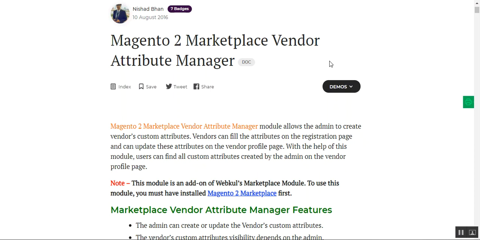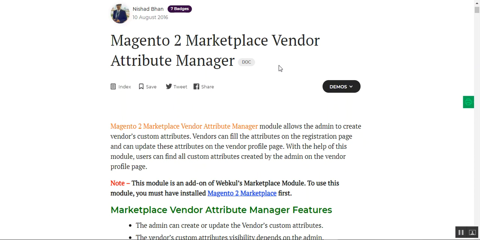own profile edit section, and the web store users or the customers would then also be able to view those custom attributes for the marketplace vendors on their seller profile page as well. So basically, if the admin wants to extract or bring in more information from the marketplace vendors at the time of registration, this plugin comes in handy, and the admin can make use of the different sections like the text field, text area, date, drop down options, multi-select, and others for creating the attributes for